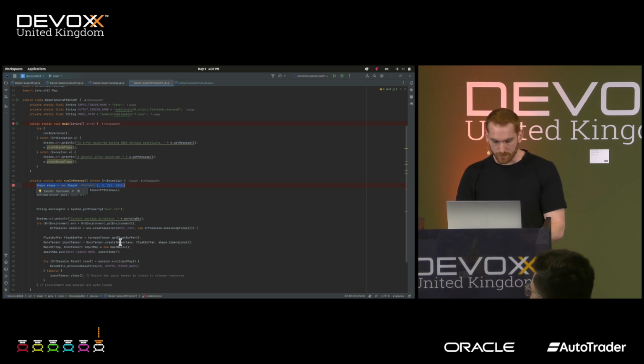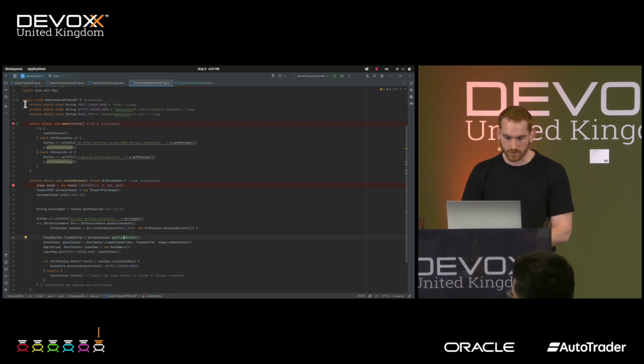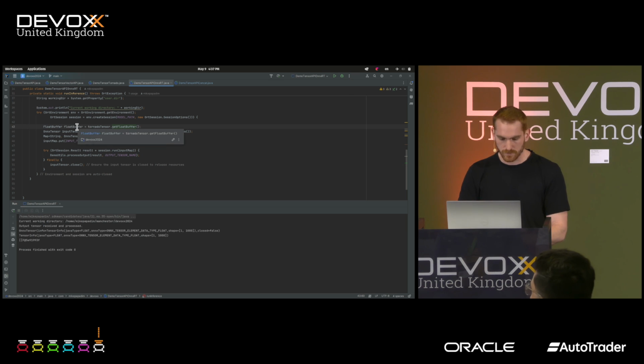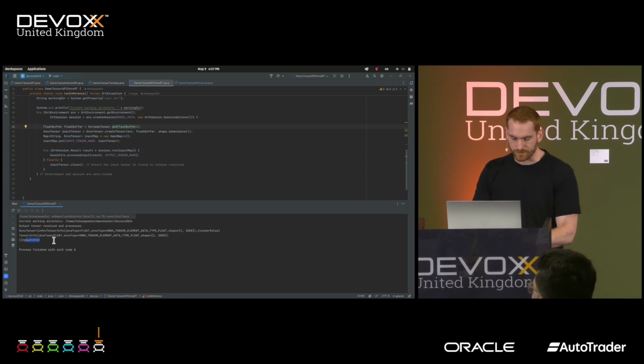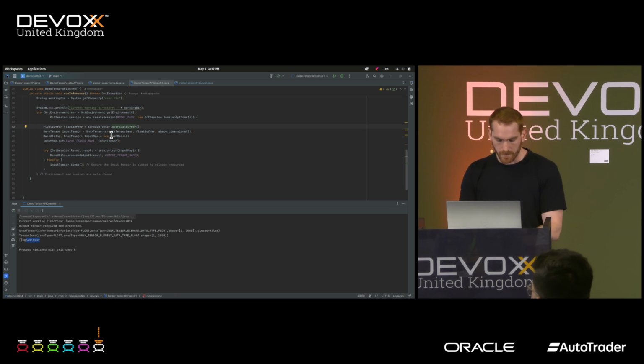And here we get from the tensor the direct buffer, because Onyx runtime right now supports only direct buffers and not segments. And here we see that we managed to run the inference, and then we have the output objects, and if we find ourselves working with the Onyx runtime, we can use the object.